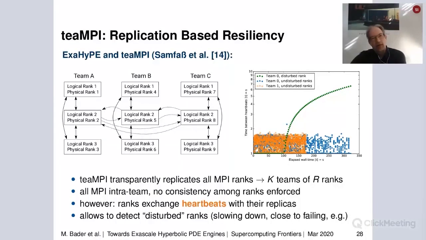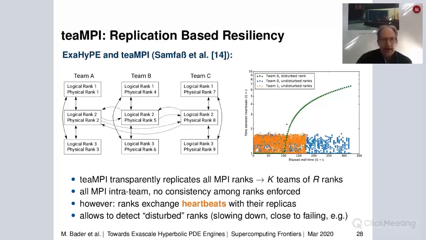So another area where we have been working with this offloading of tasks is to go for team-based resiliency with ExaHyPE. So that relies on an infrastructure that was realized at the University of